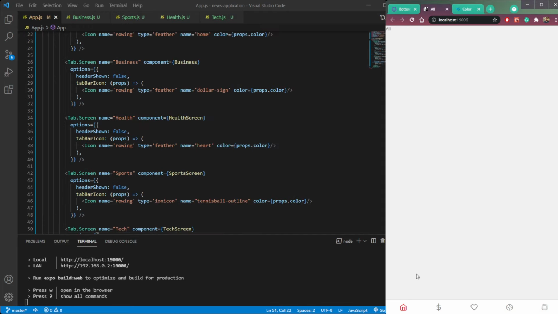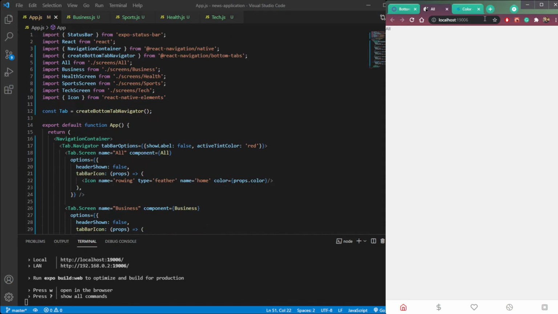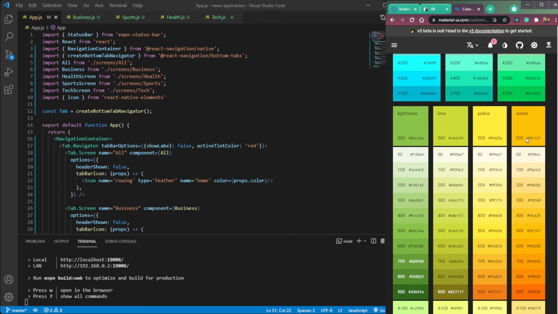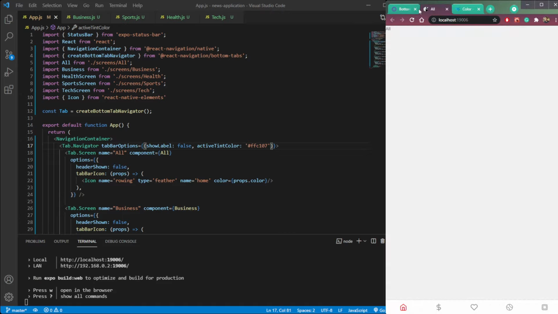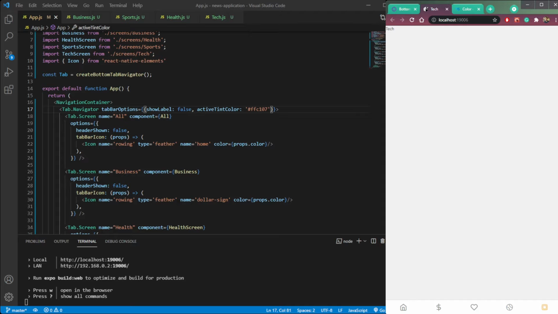Now let's change the color of this active class. I have chosen this amber color, so copy this and replace red. And now you can see we have amber as the active class. So click business, we will see business here. Click health, we will see health with a nice active class, then sports and then tech. Now we need to center this text on all the screens.